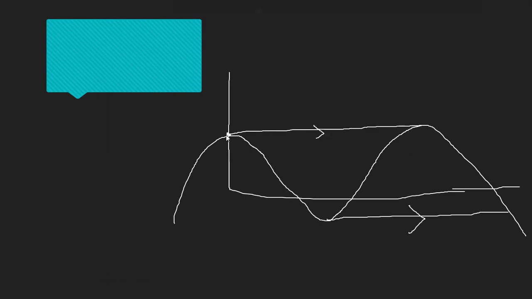So what do we call these things? The upper part is called crest, CRESTS, and the lower one is called trough, TROUGH. So the distance between these two consecutive parts of a wave is called the wavelength of the wave,